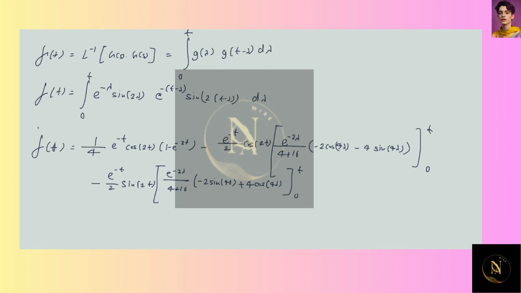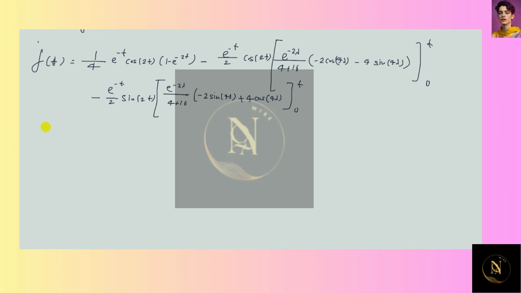So when we solve this term, we get f(t) equal to e to the power minus t divided by 2 multiplied with cos of 2t, minus e to the power minus 3t divided by 4 multiplied with cos of 2t, and minus e to the power minus t divided by 20 and cos 2t, plus e to the power minus 3t divided by 20 and cos of 2t multiplied with cos of 4t,